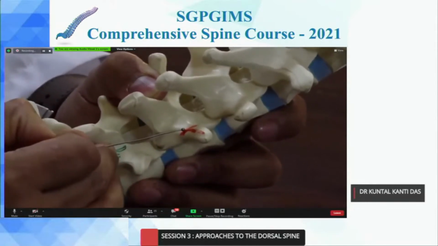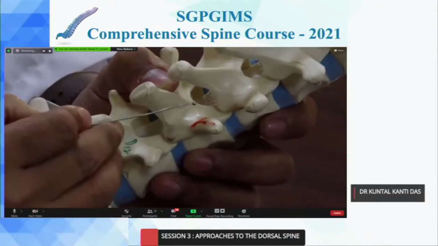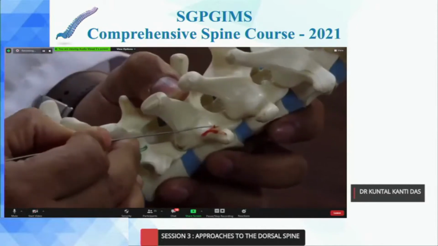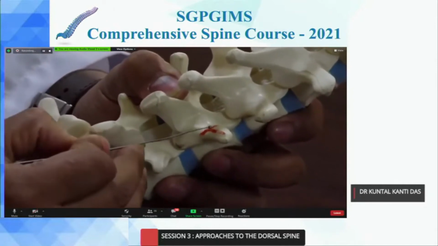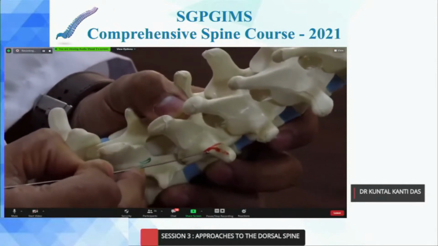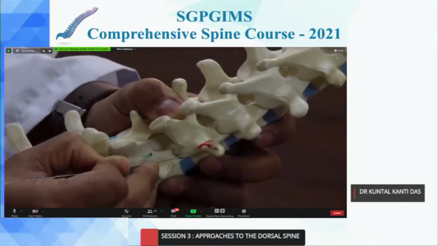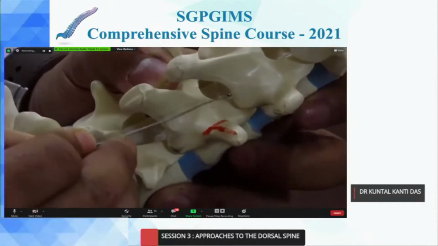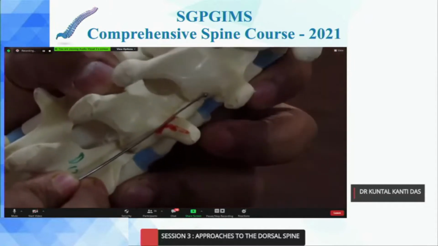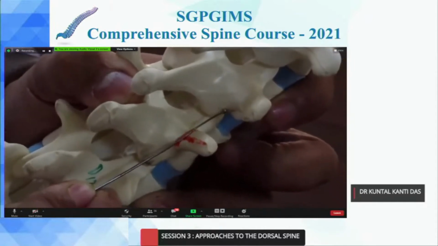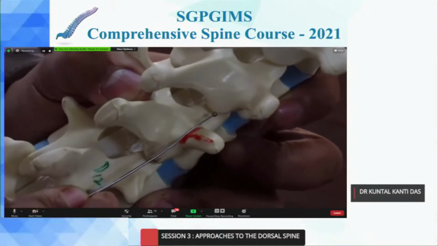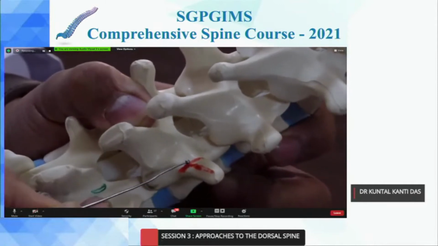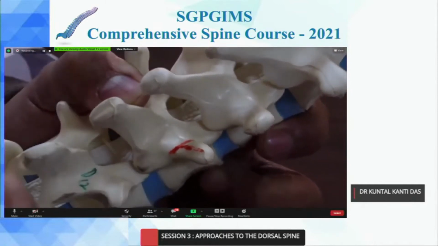Transverse process we have already exposed. So what are the landmarks? The landmarks, as I said, are different in different areas. I'm now focusing on the lower spine, lower dorsal spine. You see the transverse process, you draw a line right through the center which bisects the transverse process. You draw another line which goes by the lateral side of the superior articular facet that you have already exposed. This line is actually going through the pars interarticularis. So the point of intersection of these two lines is the point through which your pedicle screw will go.